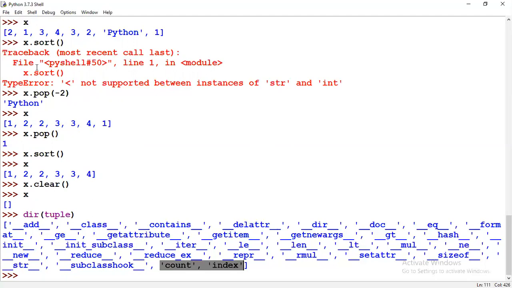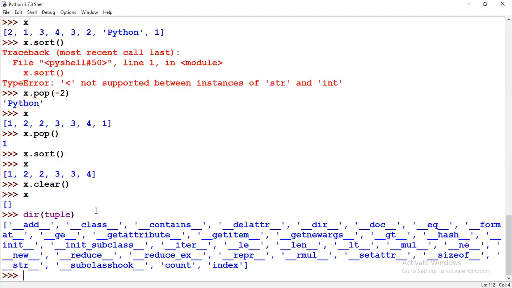That's the reason we don't have too much stuff in a tuple. This kind of interview question you will get in your interview. They will ask why tuple doesn't have as many inbuilt functions as list. You need to tell them tuple is immutable and list is mutable. In list, append and extend are used to modify the list data type, but tuple is immutable, we should not modify that.